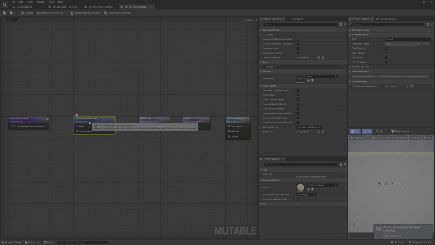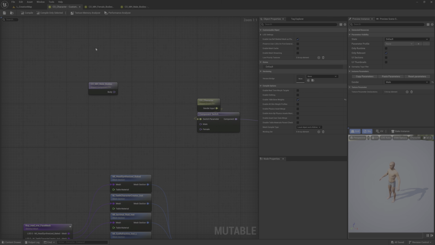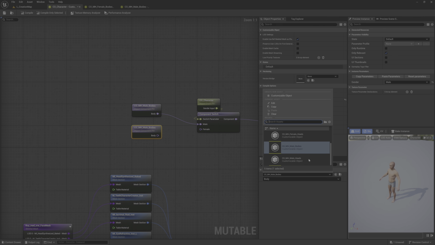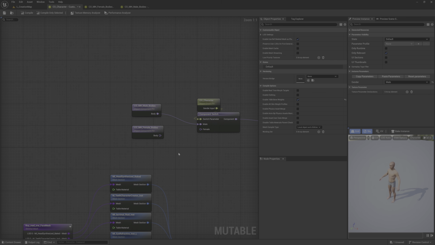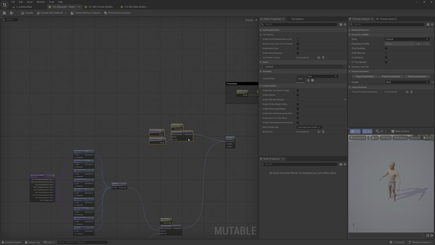Take the mesh section, mesh component, and just one export component pin, and leave this just by default. And here we select the male bodies and the body and check this here. Control C, Control V, and now we will select the female body, this one, and the body there. So in essence, it's the same thing. We're doing just the same.